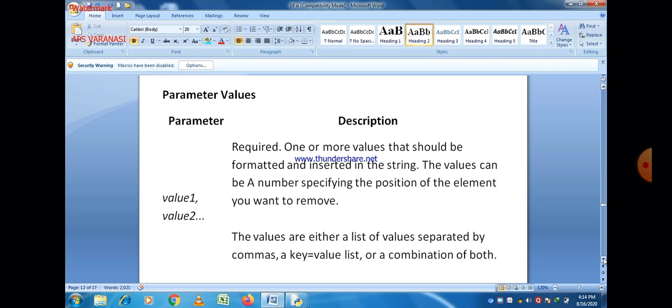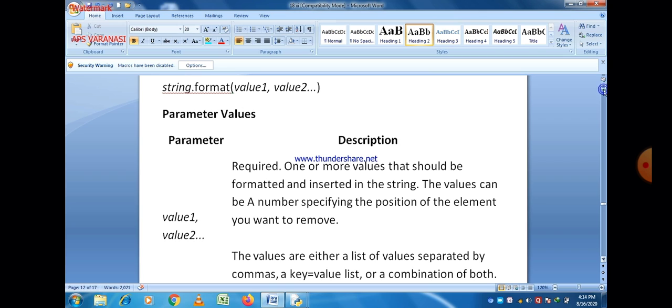At least one value should be given, and the values are either a list of values separated by a comma, or key equal to value list, or a combination of both. So it may be possible that these are the values of a list, or values are given as key-value combinations also.